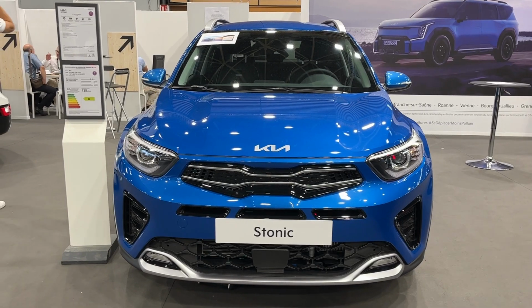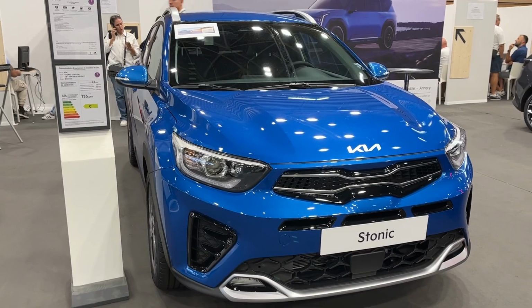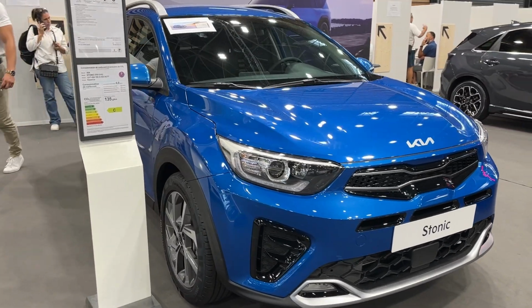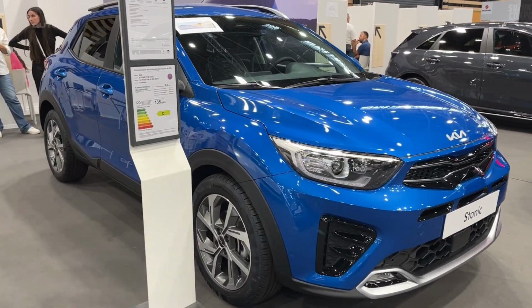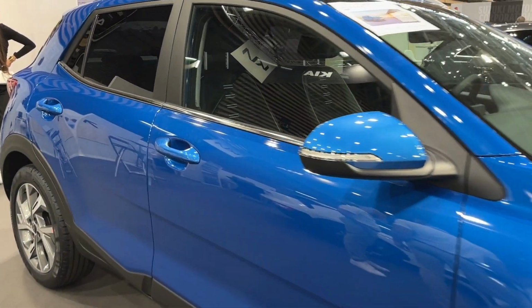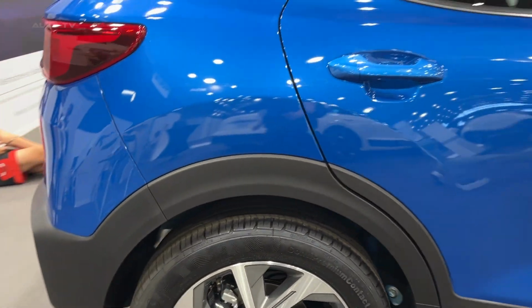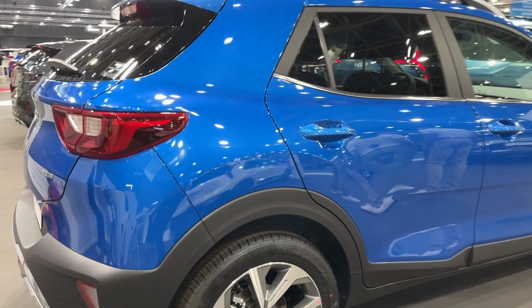The 2023 Kia Stonic aims to inject some youthful energy into the compact crossover segment. As crossovers continue to dominate new car sales, automakers are seeking fresh takes on the formula to attract young, active buyers. The Stonic, new for the 2023 model year, promises style, technology, and driving enjoyment in a sensibly sized and